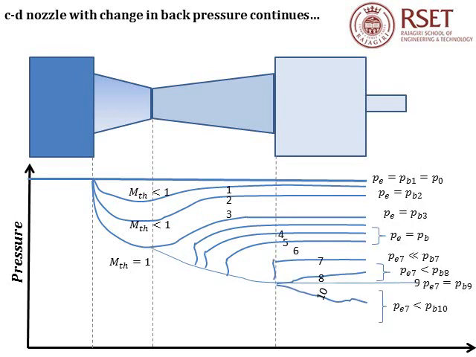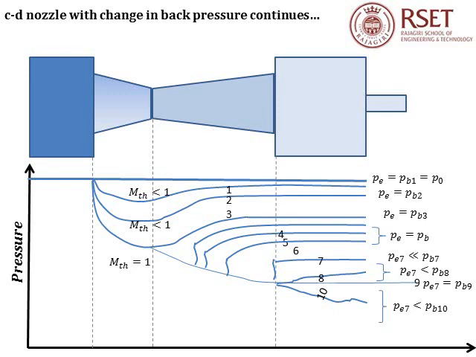When the back pressure value was PB7, we see that the flow accelerates continuously from the beginning to the end of the CD duct. But at the end, the exit plane pressure is a very small value compared to the value of PB7, because of which there will be a shock wave, and then after the shock wave the flow goes smoothly into the settling chamber.